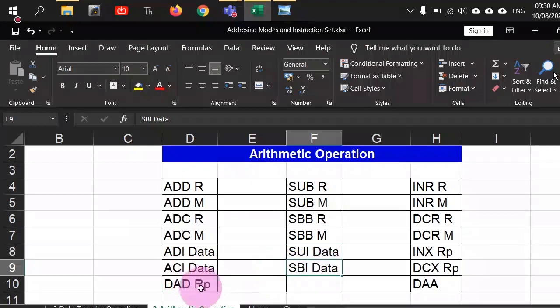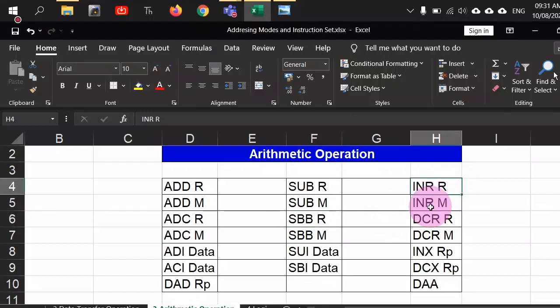And like the DAD command, we do not have a 16-bit equivalent here. So for that, we have to write some program if we want to do that. But that could be easily written because you have this SBBR command. So instead of having an equivalent like DAD for addition, we could easily write the program by using this SBBR command. So this is addition, subtraction, and now we have got the increment operator, INR-R, INR-M, then DCR for decrement,